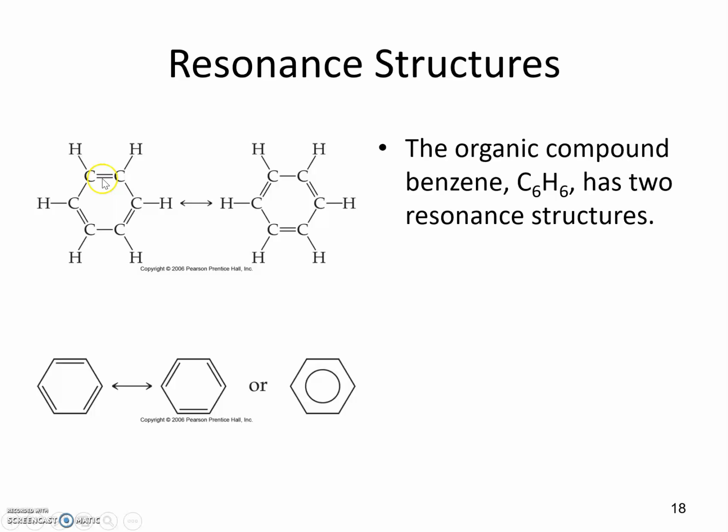We would maybe say that in this version, they're in the 1, 3, and 5 positions, and in this one, they're in the 2, 4, 6 positions. But it really doesn't change anything else about the molecule to move those double bonds around. So these are resonance structures. And we actually see, so this is a Lewis structure